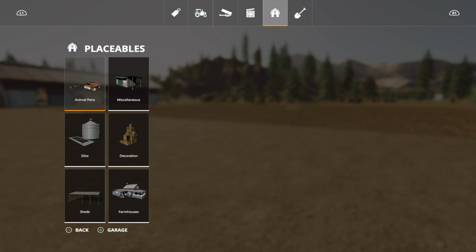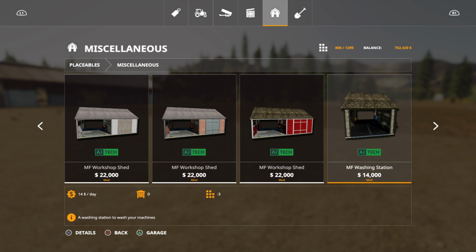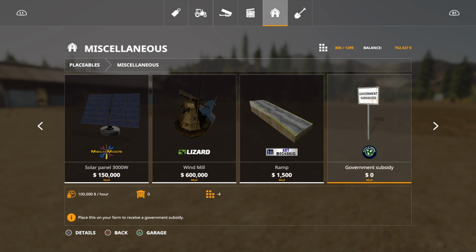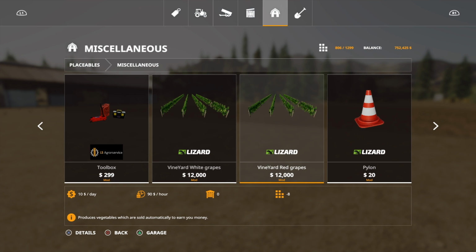And there's a few fun facts actually regarding vineyards, which we're going to have a look at. So I think they're under miscellaneous. Let's go and find them. I'm going to do one white grape and one red grape. I could have sworn they were in here. There we go. They're only 12,000 each. Whereas if I buy a greenhouse, they're 25 grand a pop, unless I do the cucumber one,